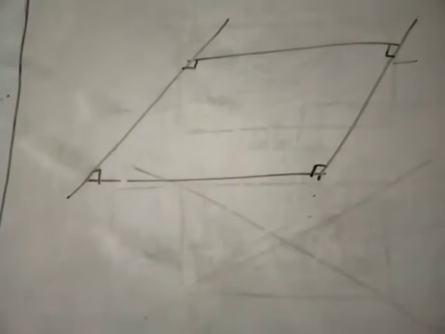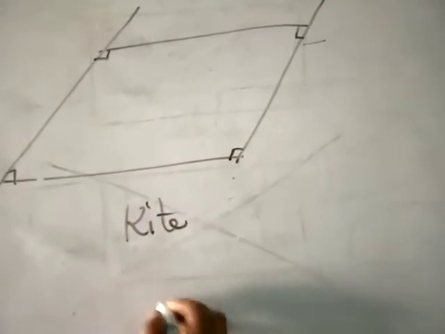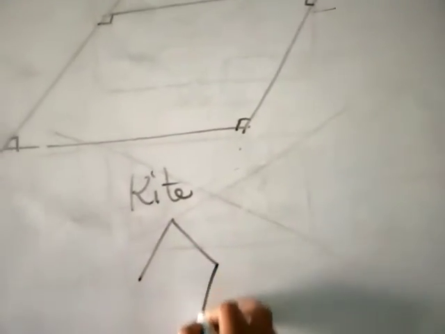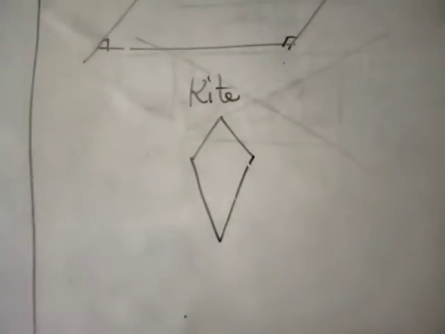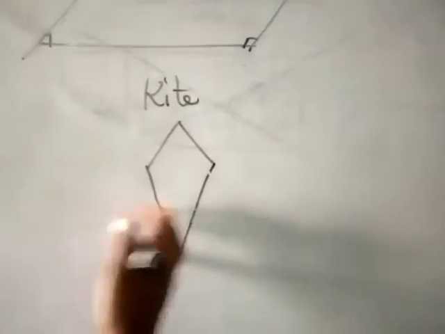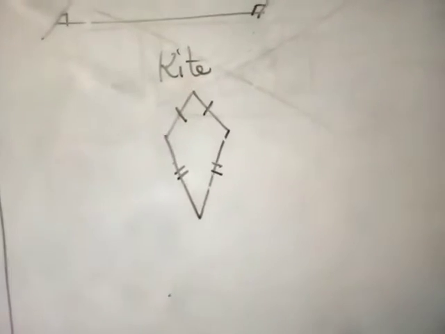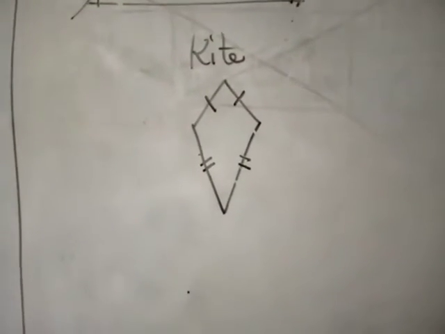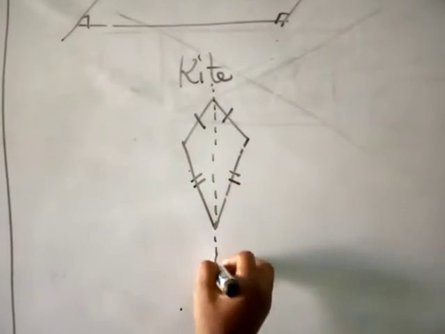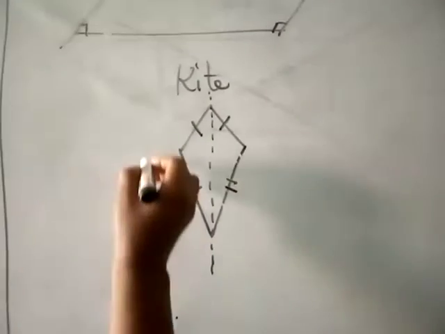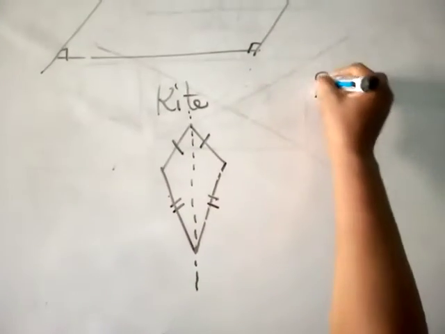Then I'm talking about kite, which I did not give. A kite is this. This is what a kite looks like. Now, if you look at the kite, the two opposite sides are equal, but one is longer than the other. And a kite has just one line of symmetry. When we come to rhombus,